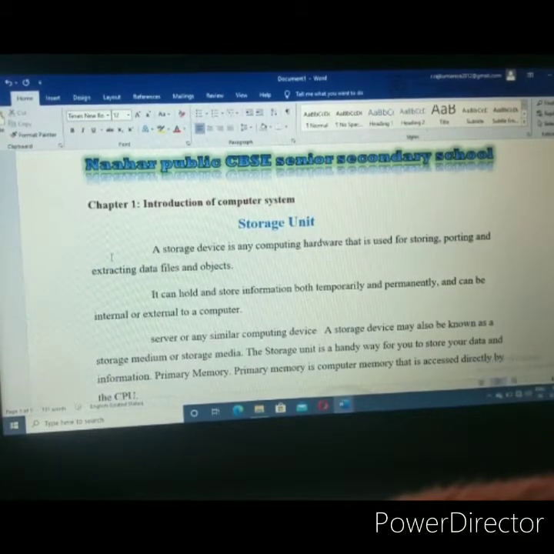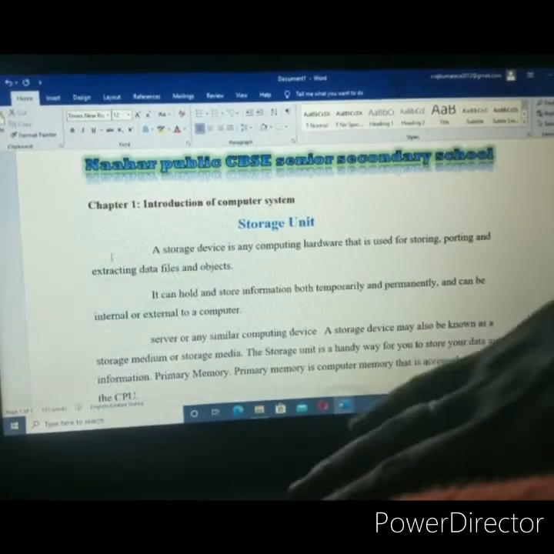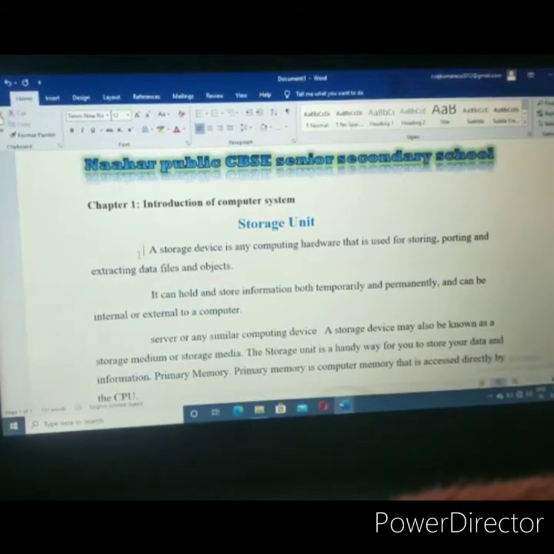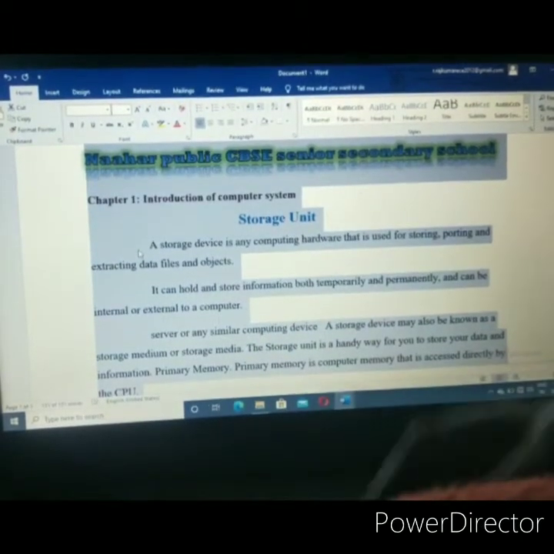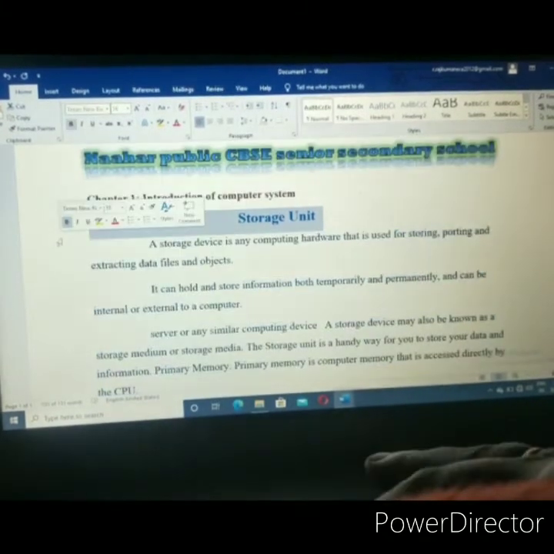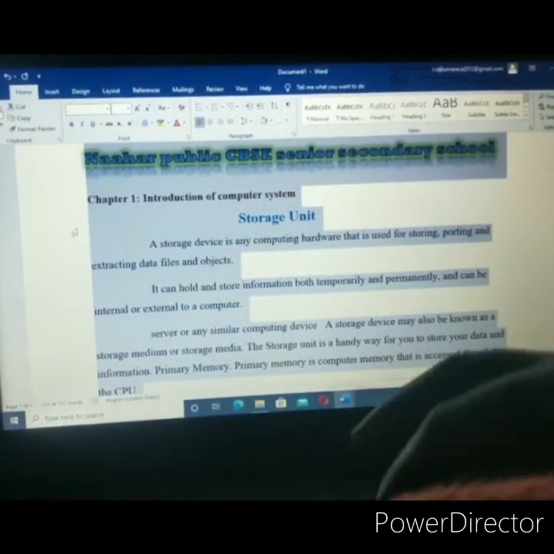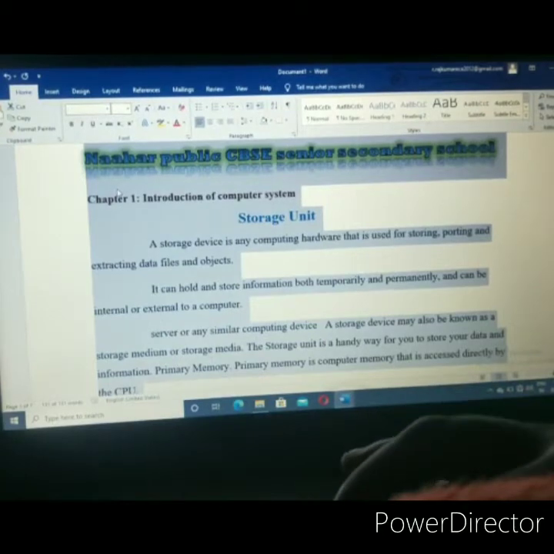What is the shortcut to select the entire file? Place the cursor here, Control plus A is the shortcut to select the entire file.